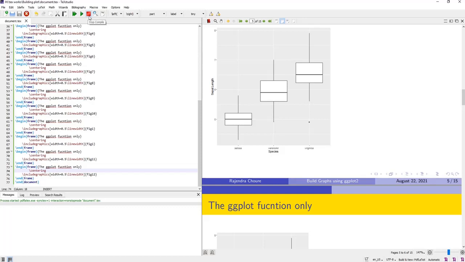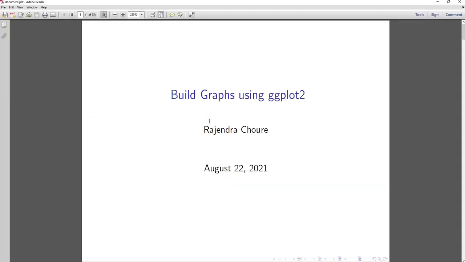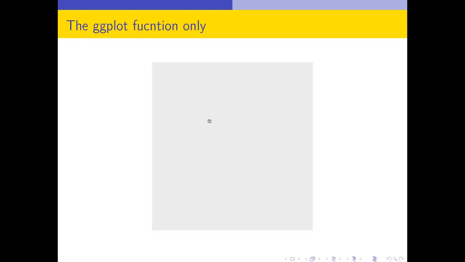Compilation is going on. This red symbol is telling us, okay, and all that is there. All slides are ready. Now we are going to the reader, Adobe Reader, where it will be read, and Control L will take me to the presentation mode, and this presentation is ready.